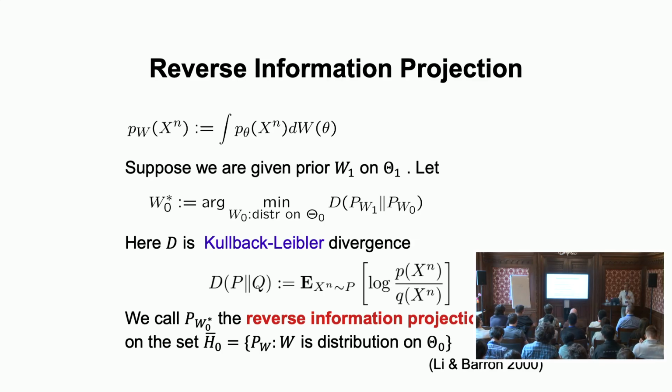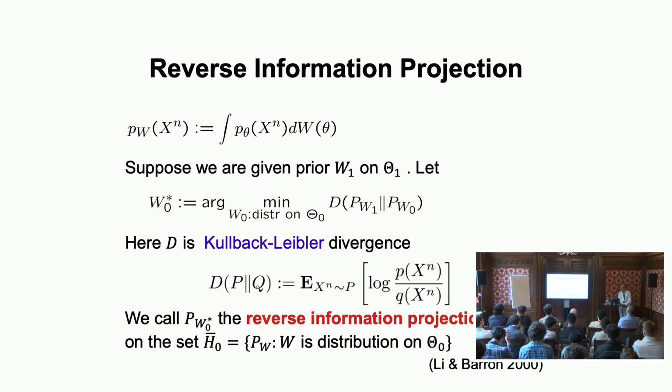So I first need to define something. I already told you in the beginning, and that's what I'm going to formalize now, that there is this general theorem. If you give me a prior on the alternative, I'm going to make a corresponding prior on the null for you, such that the corresponding likelihood ratio Bayes factor will be an e-variable after all. I'm going to explain how to do that. So I have this prior on the alternative. I have my Bayes marginal distribution, which is the thing you see there on the top.